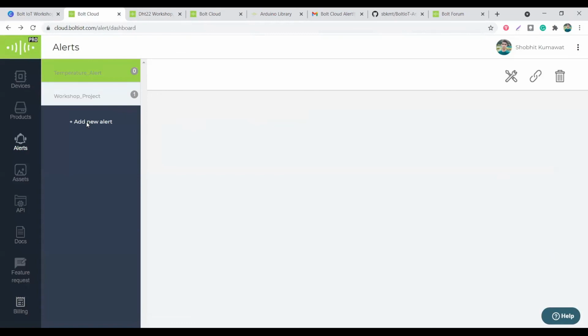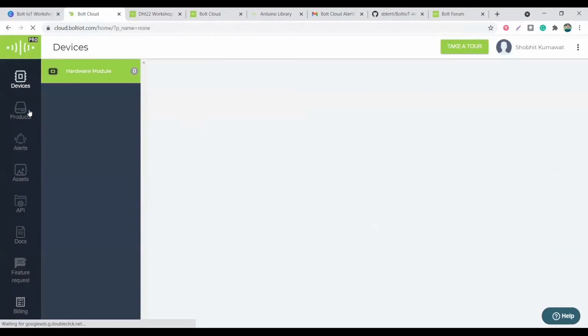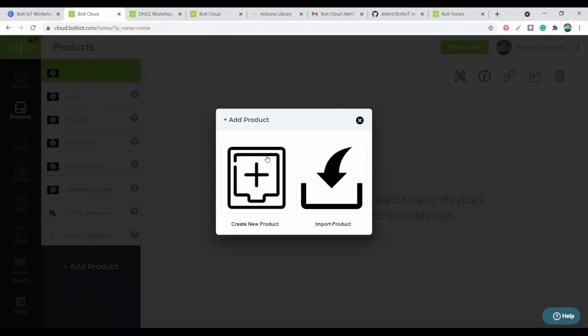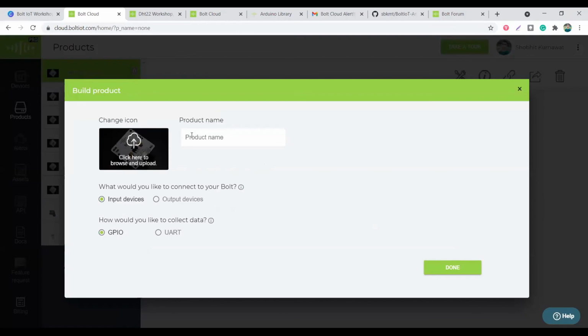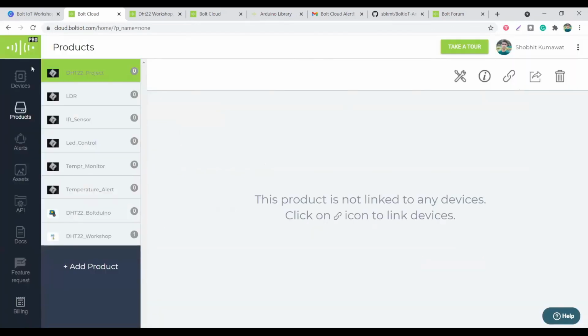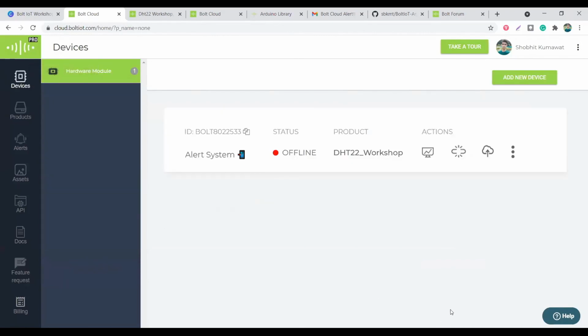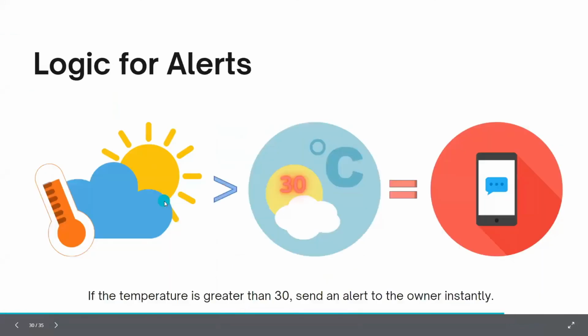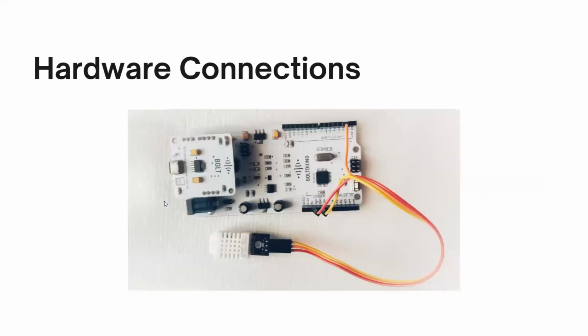Can I integrate other companies' IoT devices to Bolt Cloud? Yes, it is supported. You can even add your Raspberry Pi. When you click on add a product, you will see an option for which board you want to use, whether it is Raspberry Pi or Sonoff. Actually, I'm not aware of Sonoff, but you can integrate it using Bolt. You can use these connections using TX/RX pins.